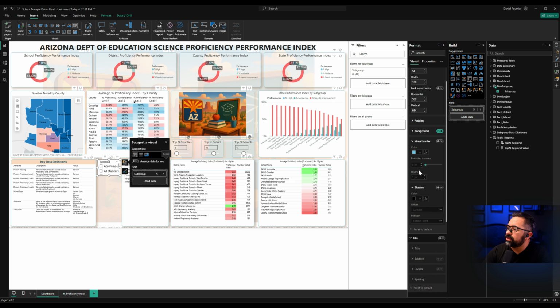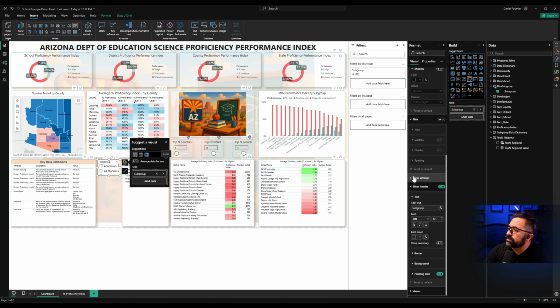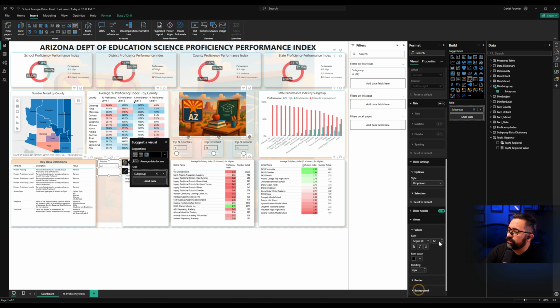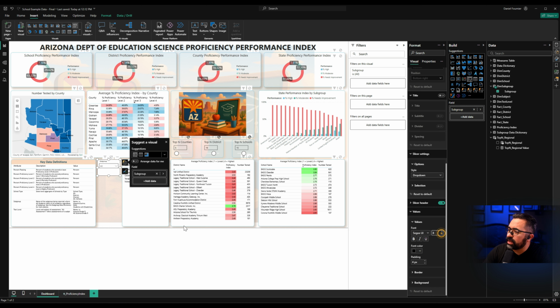Go over to Slicer Settings, and so the vertical list, we'll have it as a drop down. And we want to change the text size to a size 8. That is for the slicer header, but we also, under the values, we want the values size to be size 8 as well. And that way we can see